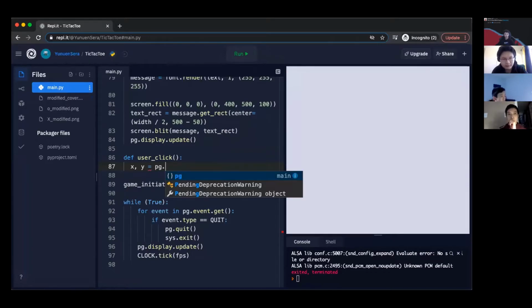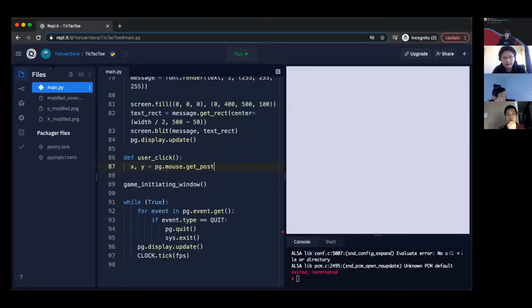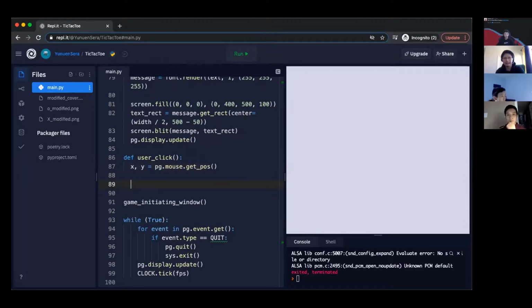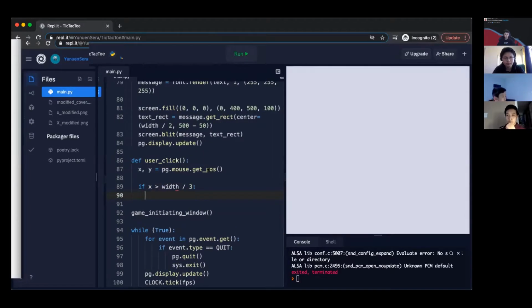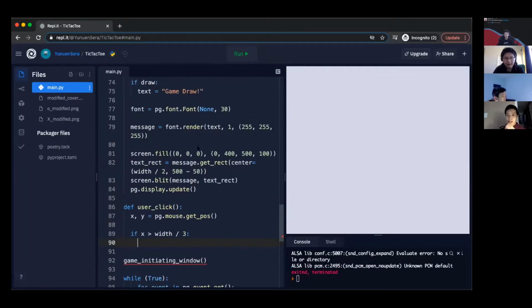Once we know the user has clicked, we're going to use Pygame to do this. We can get the position of where the mouse is when they clicked, and then we can use that to figure out in which box they clicked. And so now we have defined x and y where they clicked. So if x is bigger than the,